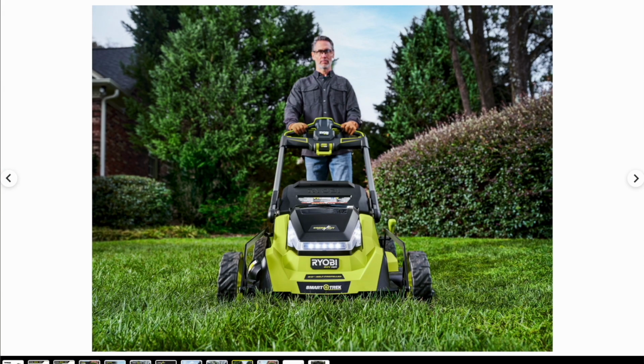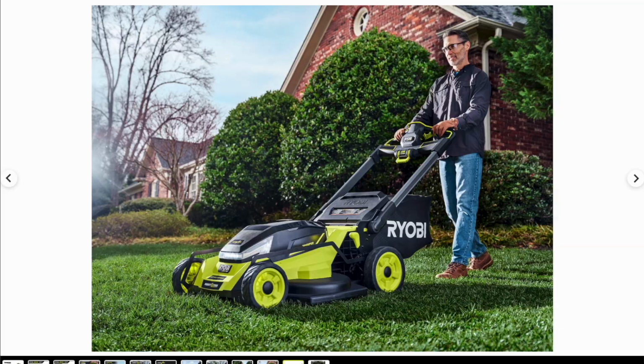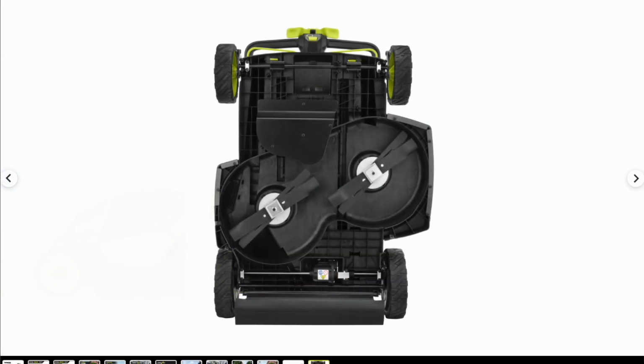Got a couple pictures straight on here. Pretty good showing. The last picture shows the undercarriage, and you can see they've got the blades. This is interesting. The Time Master's blades, it runs a dual blade system, and they are side by side. And these blades here on the Ryobi are